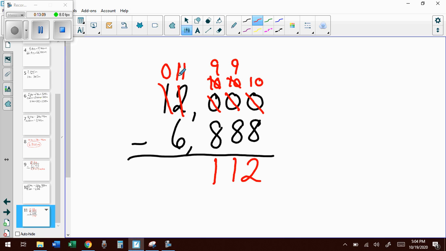I need to give to the place value I need. 11 minus 6 equals 5. 0 minus 0 is nothing. Don't forget my comma. In answer to your question, 12 kilometers minus 6 kilometers, 888 meters, is